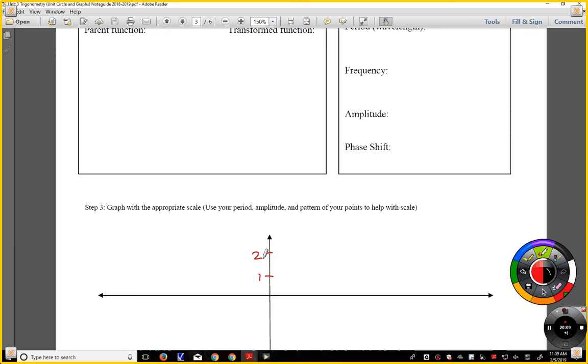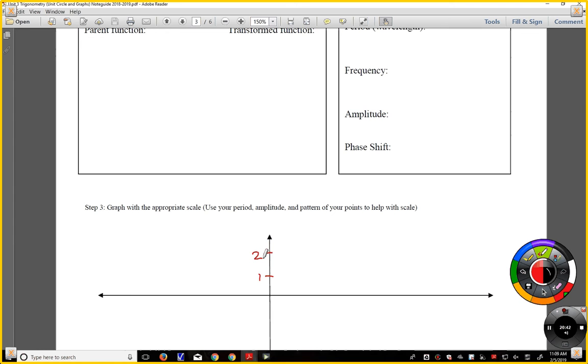Okay? The next thing is how to scale it. So we could just go and write what our parent function is, but remember, we scaled that by pi over 2, pi, 3 pi over 2, 2 pi. I myself would have a hard time graphing pi over 3 and finding where that is if I've numbered by halves. If I've numbered by halves, it's hard for me to see where a third is. So we don't want to do that every time. What we want to do is manipulate the graph, and we want to make the scale as easy as possible. We want to make sure that we put the points on the x-axis of exactly what we have to graph,